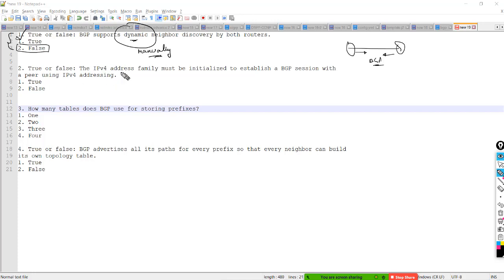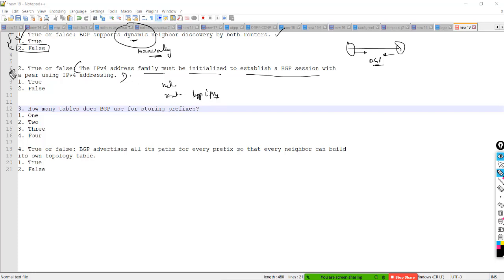Now, second question: the IPv4 address family must be initialized to establish a BGP session with a peer using IPv4 addressing. This question is very similar to the first, but a little different variant. It says as soon as you enable the network command, or as soon as you get router BGP IPv4, are they going to form neighborship?